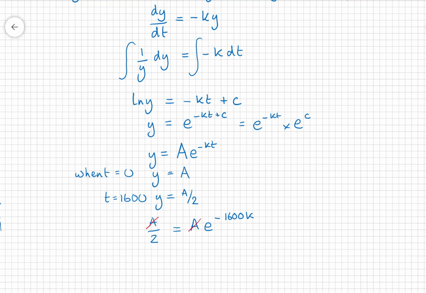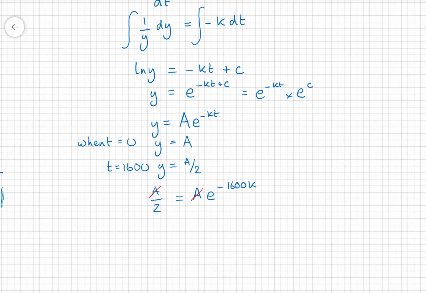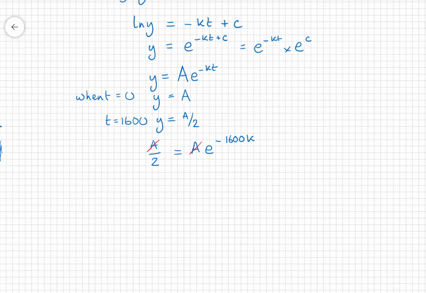That leaves us with a half is equal to e to the minus 1600k. Using what we know from powers, we can therefore write that 2 is equal to e to the power of 1600k. You may need to look at your work on indices if you're not sure about that step. Therefore, ln 2 is equal to 1600k,